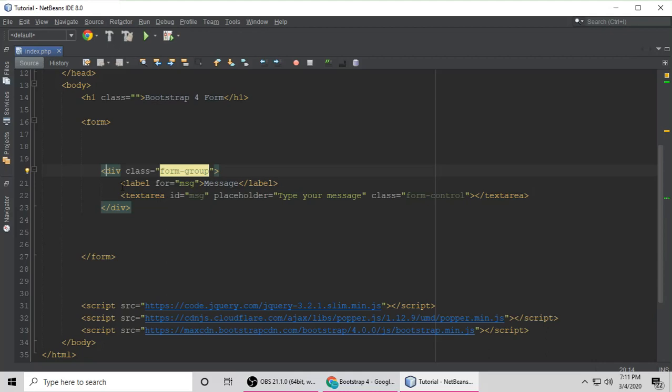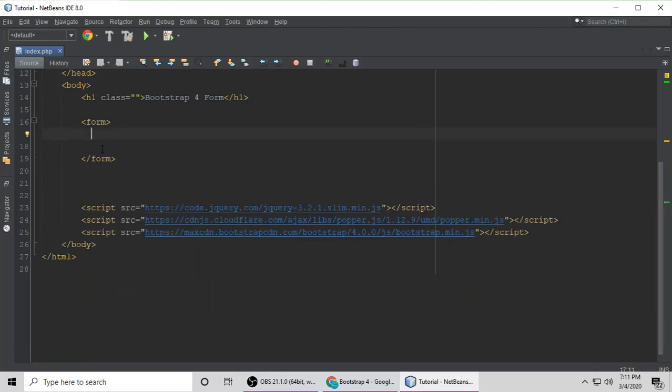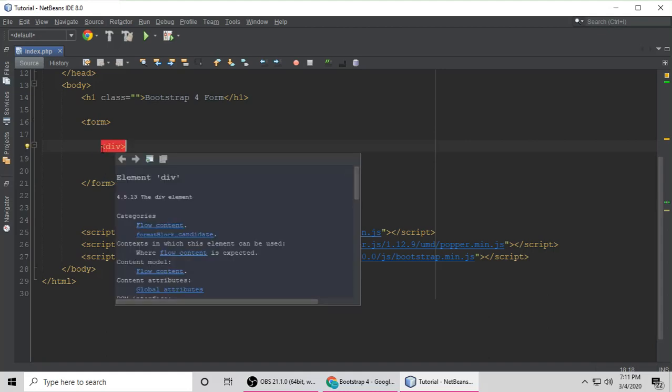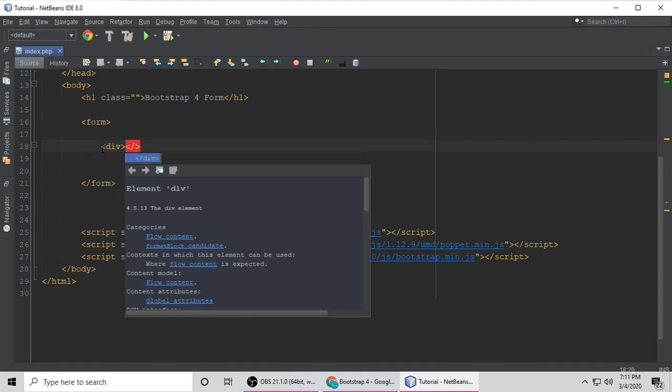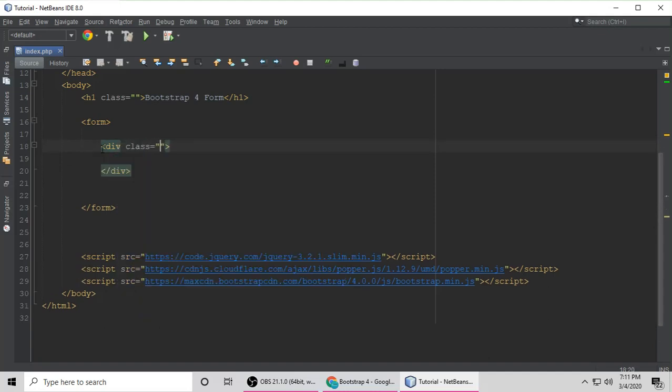Now let's understand form-row. Let's create a form. Suppose this is a form, and we want to understand form-row. So this is a div, and the div should be closed, and inside we give a class which is form-row. Control S for save, and inside we want to create two